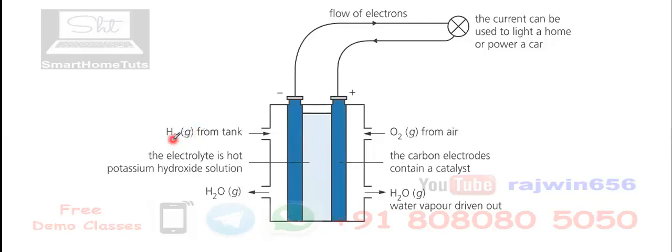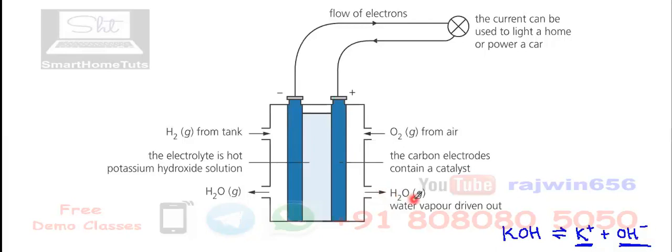So the first part of the arrangement I already said, there is hydrogen and oxygen gas coming in. What is there in between? We are having the electrolytes. So this is the medium for conduction of electricity. Potassium hydroxide solution, which is KOH, is the electrolyte, which is going to form the conducting medium. Obviously, this is a strong electrolyte. It will be a good conductor of electricity. So this is going to split up into K+ and OH- ions. Here K+ has nothing to do with the reactions. The basic thing that is going to be important over here is the hydroxide ions or hydroxyl ions,